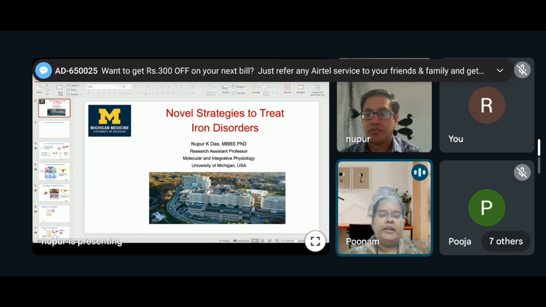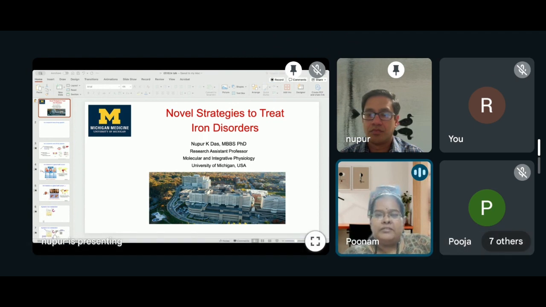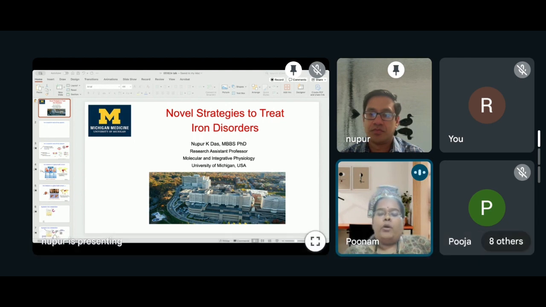So, with this brief introduction, I would like to introduce you to today's eminent speaker, Dr. Nupur Das sir. For all of us, I can say that this is the first time we have an actual doctor from an MBBS background, who has also pursued his PhD or doctoral degree in this field, from the JNU School of Molecular Medicine in the year 2000. Initially he did his MBBS from the Chittagong Medical College, University of Chittagong. Then he carried out his PhD at the Special Center for Molecular Medicine, JNU, under the guidance